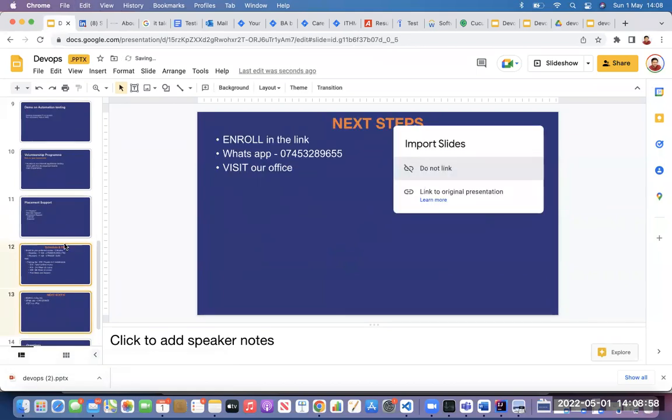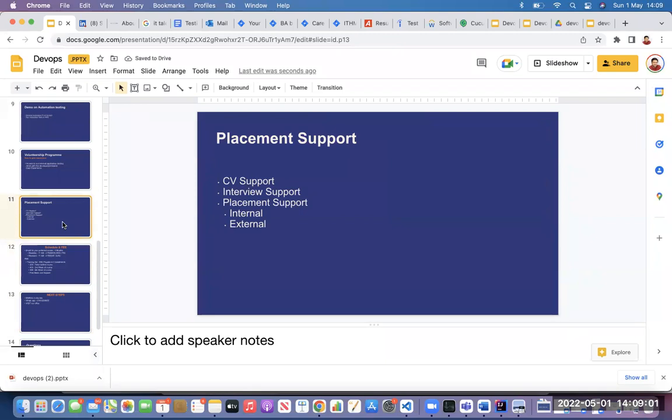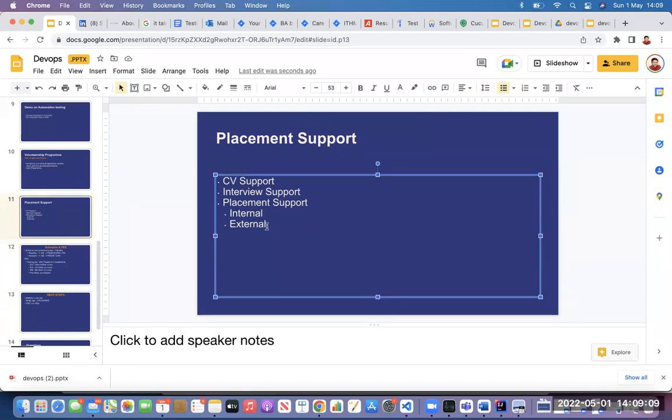And coming to job support, the other thing I want to tell you is that once you complete your training, you will have an option where we can help you with CV support and support on the interview process, and we can also help you with placement from internal and external sources. Internal means if I know any company, we will be happy to refer you, the way I'm doing for other students. Externally, if you have any interviews, we will help you find the right job boards and right links, so that you will have interviews coming up. The more interviews you get, the higher the chance that you will get a job.